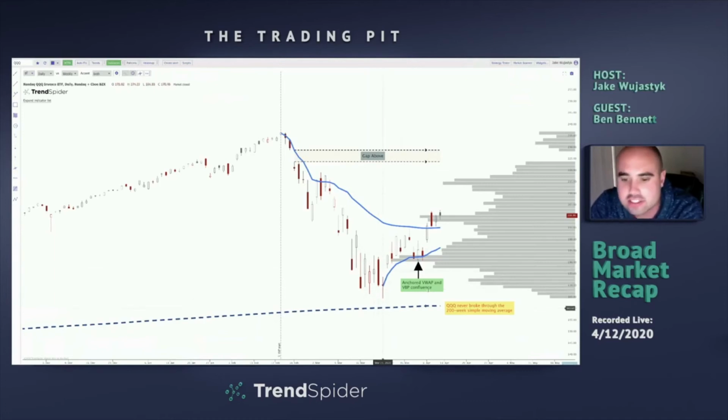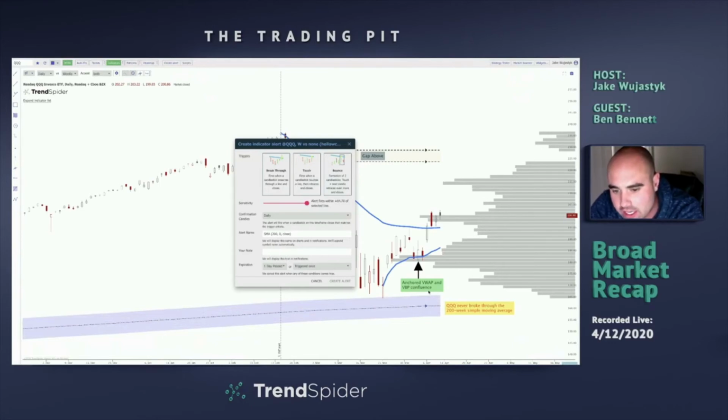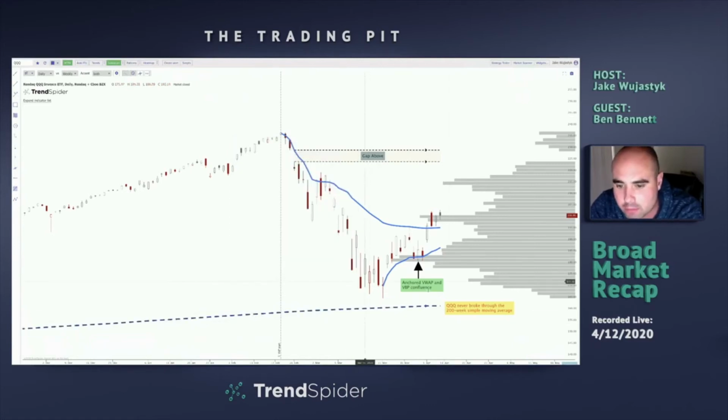And notice, let's say that you were keeping an eye on the 200-week SMA. You can always right-click and add that sensitivity. So you would have been able to capture possibly this wick here, whereas you wouldn't have been able to capture it if you didn't add any sensitivity to that line. So that's just a mention about the alert platform allowing you to add that margin of error around some of these zones you're watching. And yeah, so going into next week, we do have 3 full days of closed pricing.